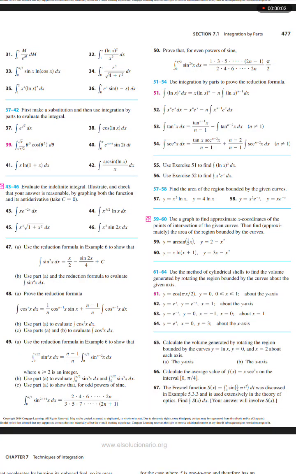Prove that for even powers of sine, the integral from 0 to pi over 2 of sine to the power 2n x dx equals 1 times 3 times 5 times ellipsis times (2n minus 1) over 2 times 4 times 6 times ellipsis times 2n